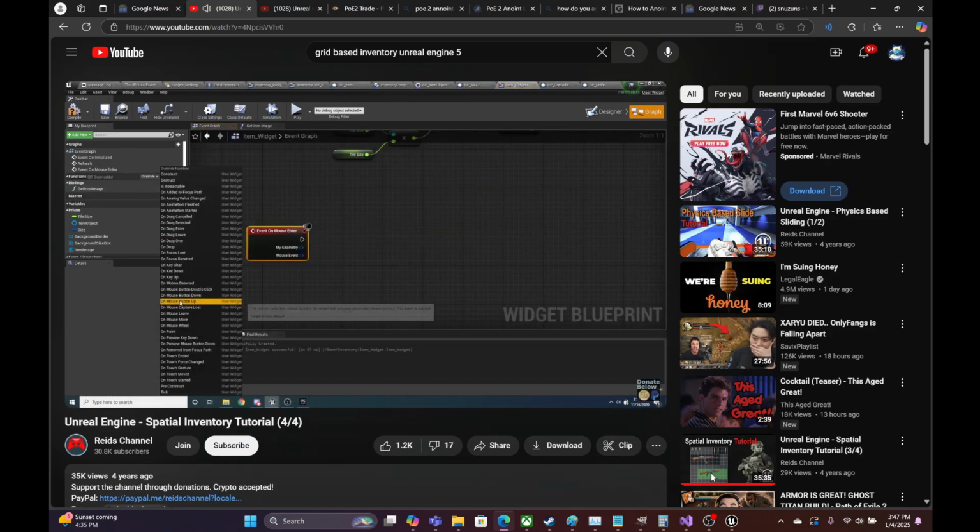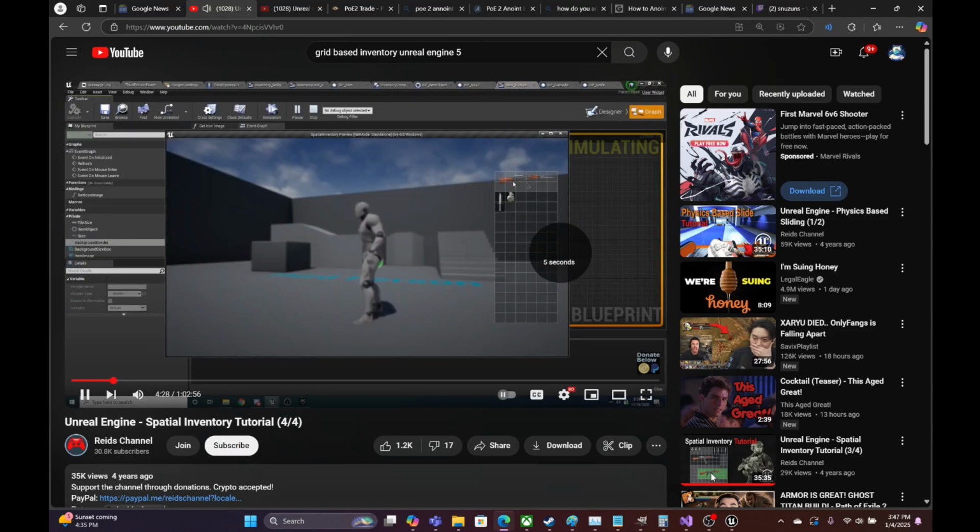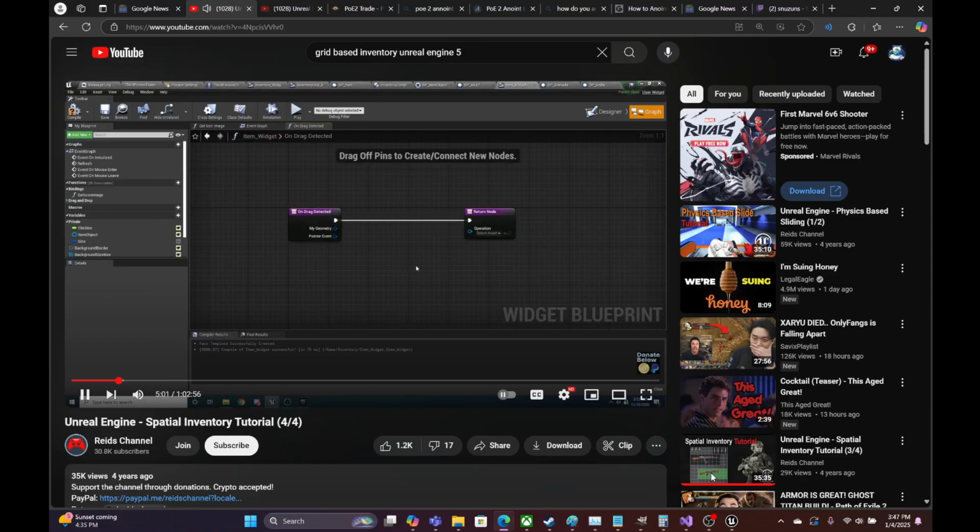So on mouse enter, we also want to override and the use drag and drop. So what we need to do is drag obviously, right? So whenever it detects the drag,